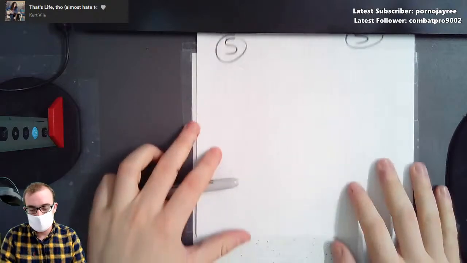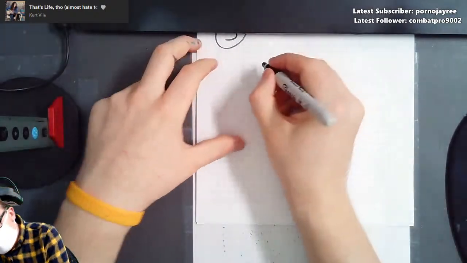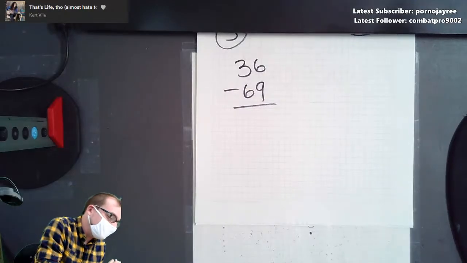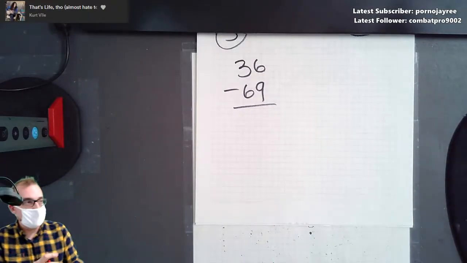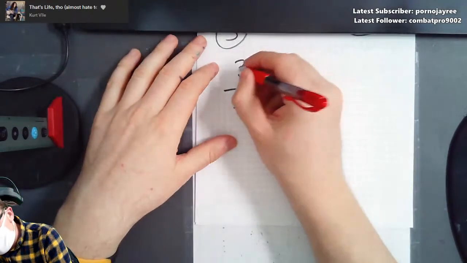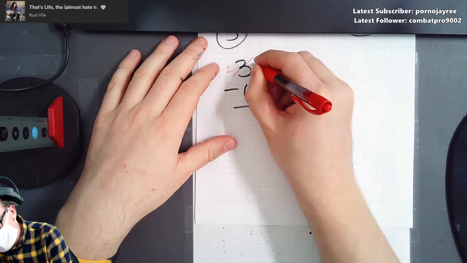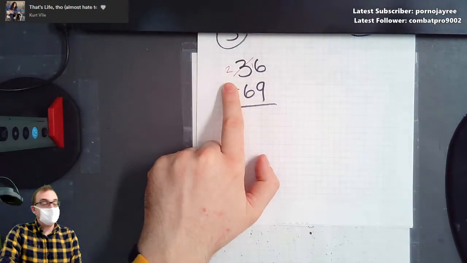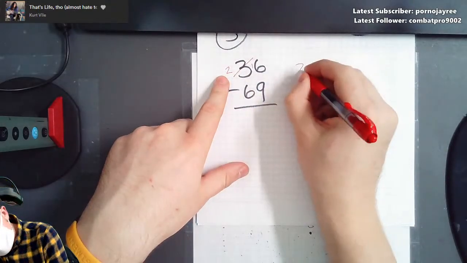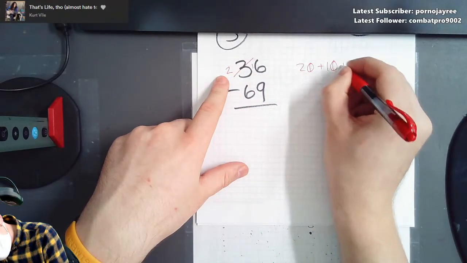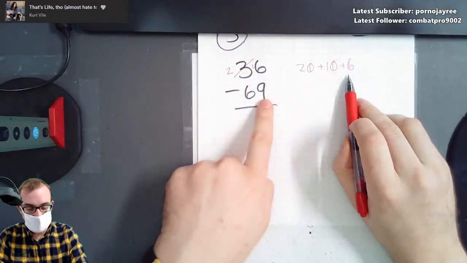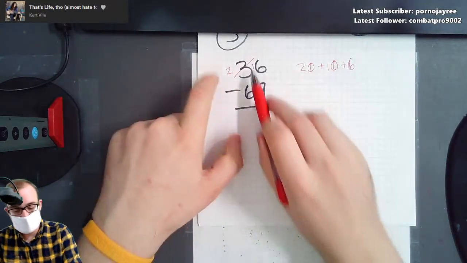Give me bigger numbers. Go. 36 minus 69. Nice. Let's use Josh's method. Sure, we can borrow. In fact, I'll show that first. That's a 2 now. That's a 16. What's going on here? That 3 stands for 30, right? Now it's 20. I'm rethinking of 36 as 20 plus 10 plus 6. Why am I doing that? That way I can subtract 9. 16 minus 9,